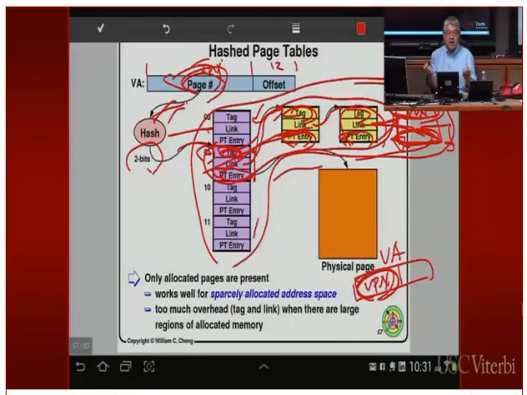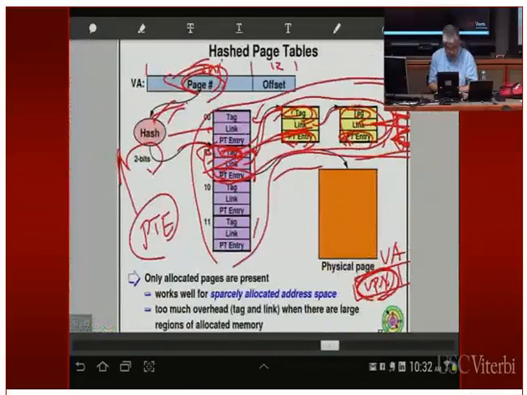So the solution for this is to cache the page table entries. Where do you need to cache them? Well, you need to cache them inside the MMU. So when you try to look up a page table entry, you don't have to go to memory and look for it. First, you check inside the MMU, say, hey, do you have a cached copy of this page table entry? Later on, we're going to see exactly what data structure is being used inside the hardware for caching a page table entry. For now, you can just suffer through the performance problem of this implementation.